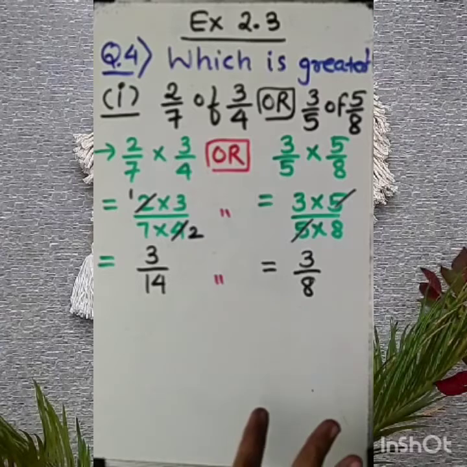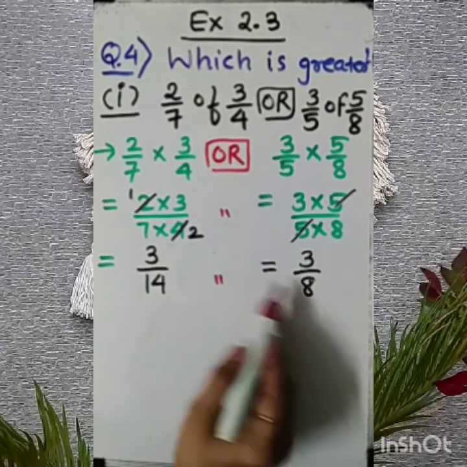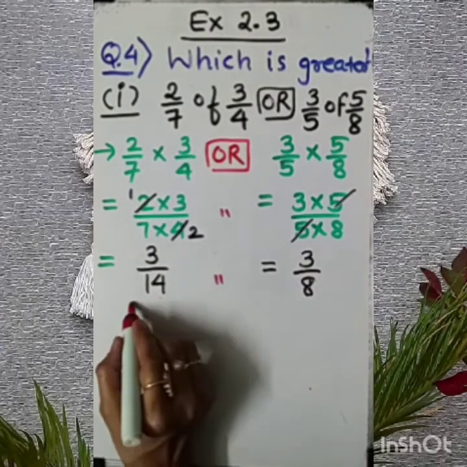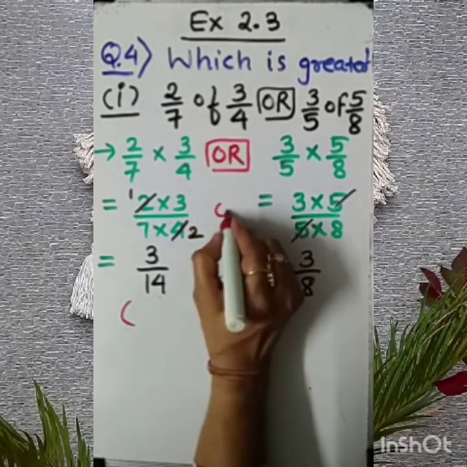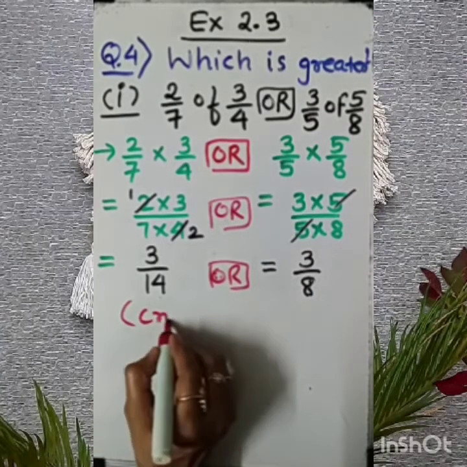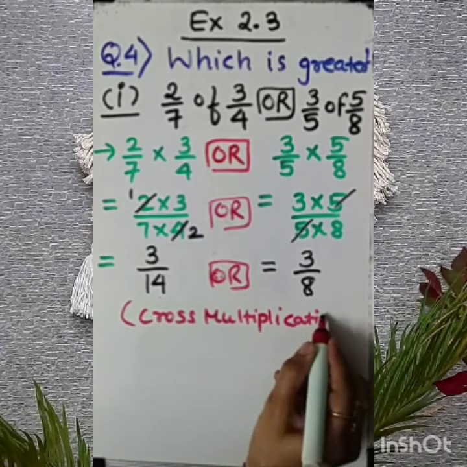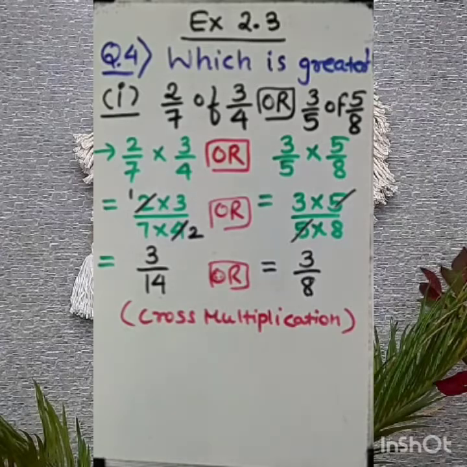So what I am telling you, I am showing you the easiest technique. We are not proceeding for the LCM. I am showing you the easiest technique to find which is greater. Nothing to do, dear student. Simple. We need to multiply, means cross multiplication. Now, here I am applying cross multiplication. So without taking out LCM, you will be able to solve it through cross multiplication. This is also the easiest technique.